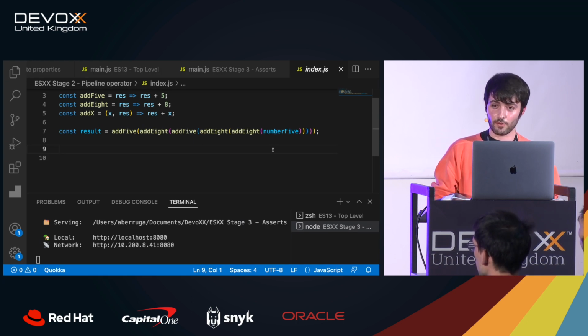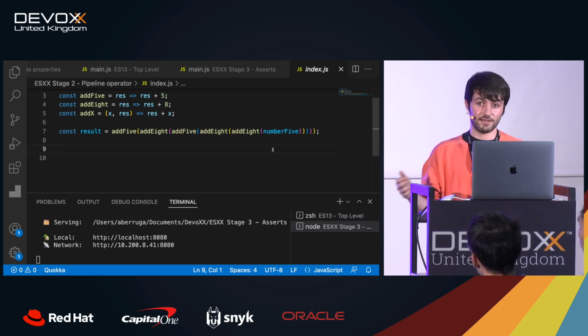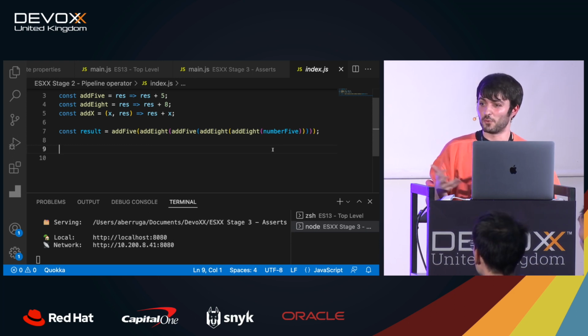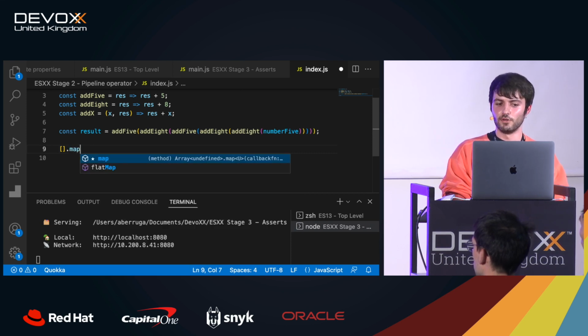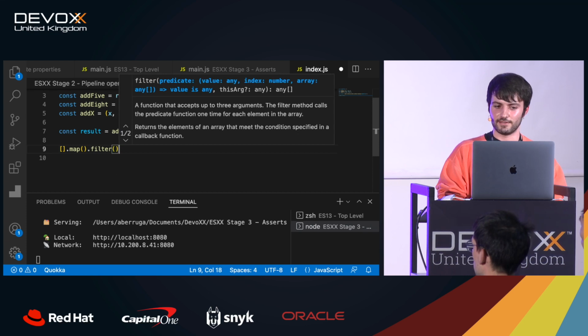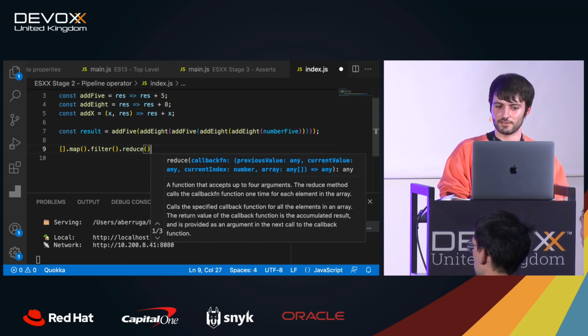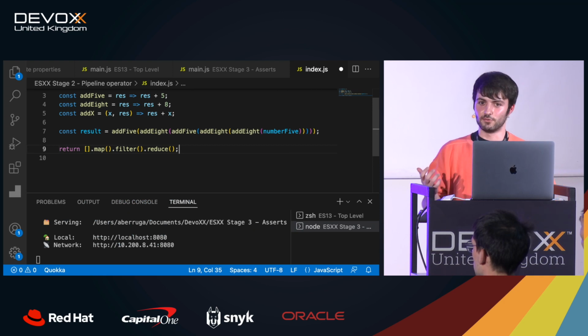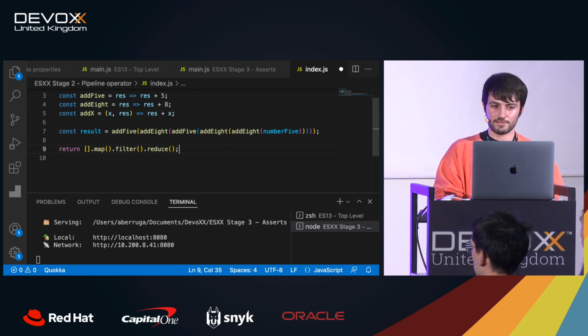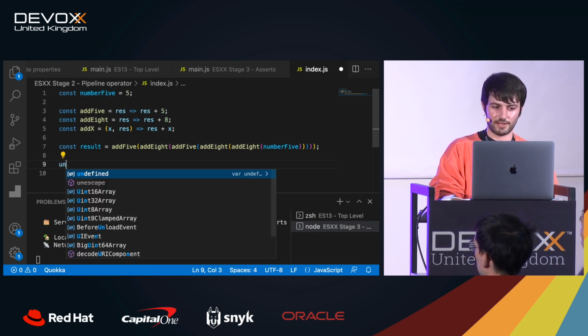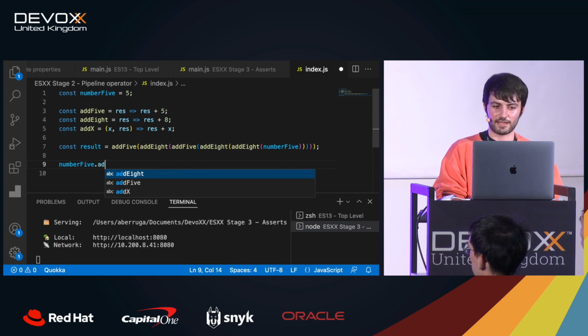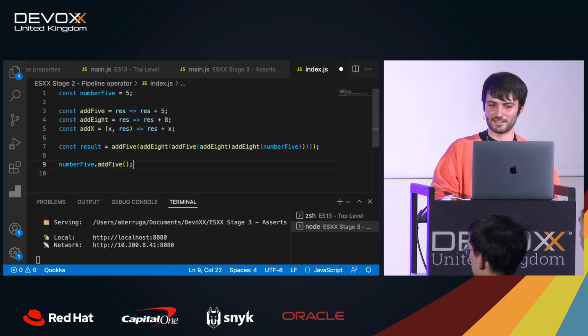So a good way of coding this in a clean way would be following functional programming, no? Super clean, when you have an array and then you do a map and then you filter, right? And then you reduce it and then you return this. This is super easy to follow, right? But this is something that unfortunately you can't do if we have a const number 5. You can't do something like number 5 dot add 5, no? Even this will blow up, okay? There should be a JavaScript error here. This wouldn't work.